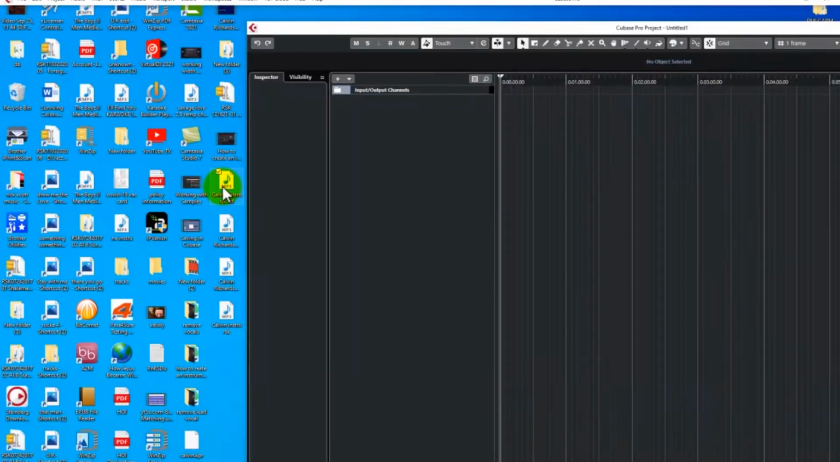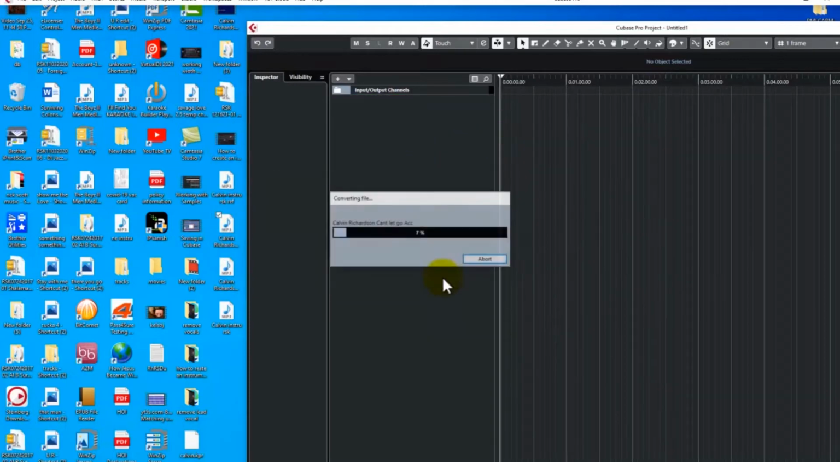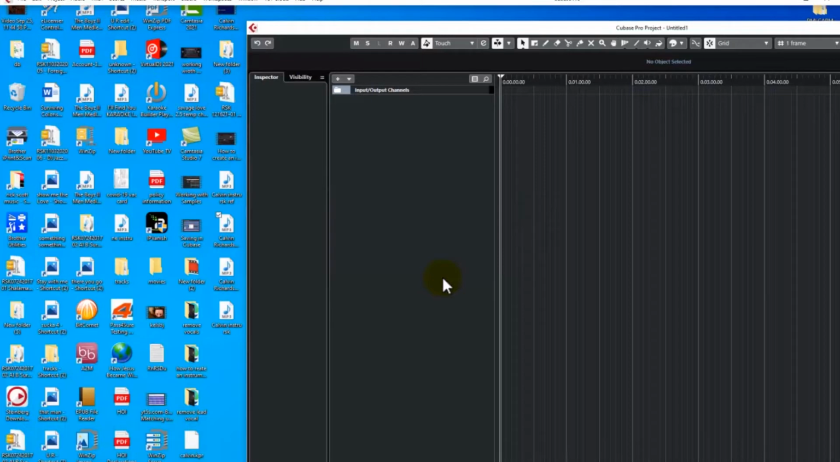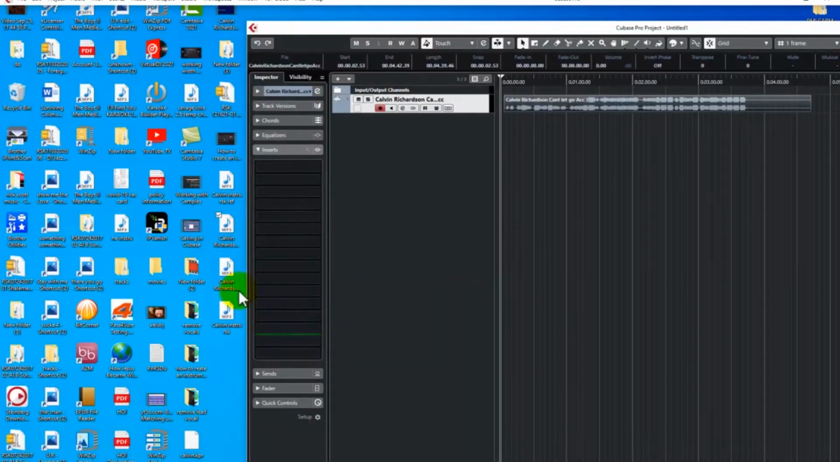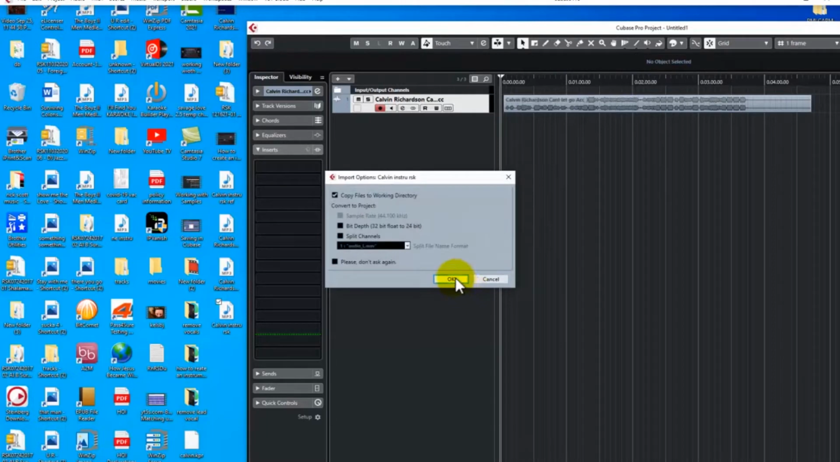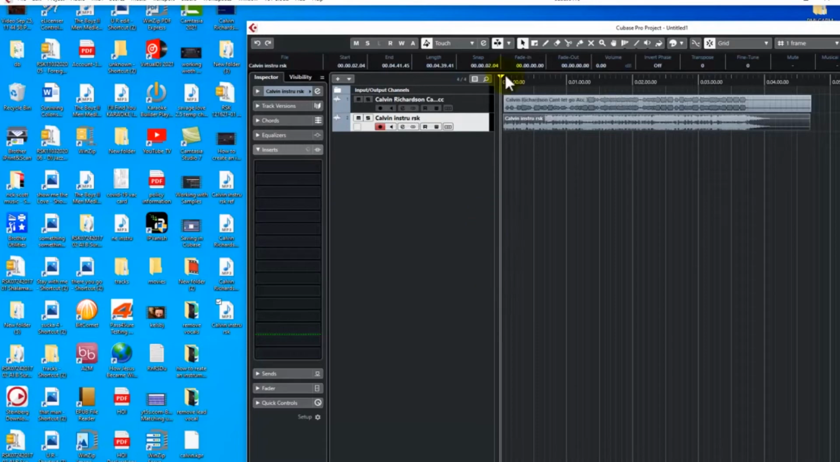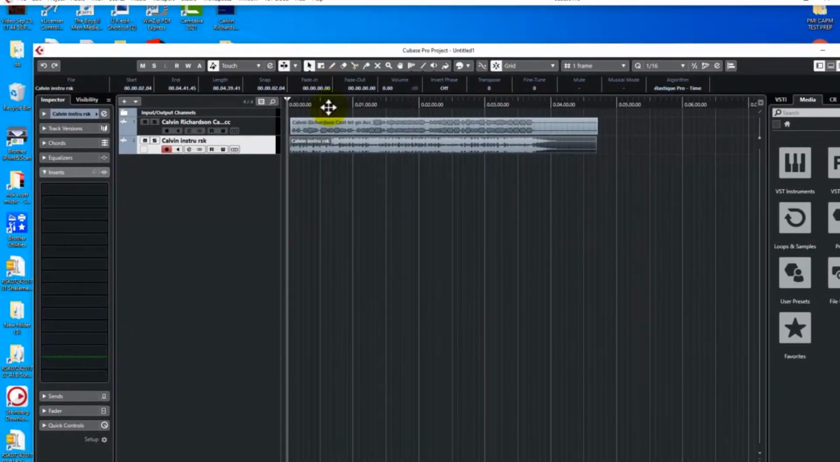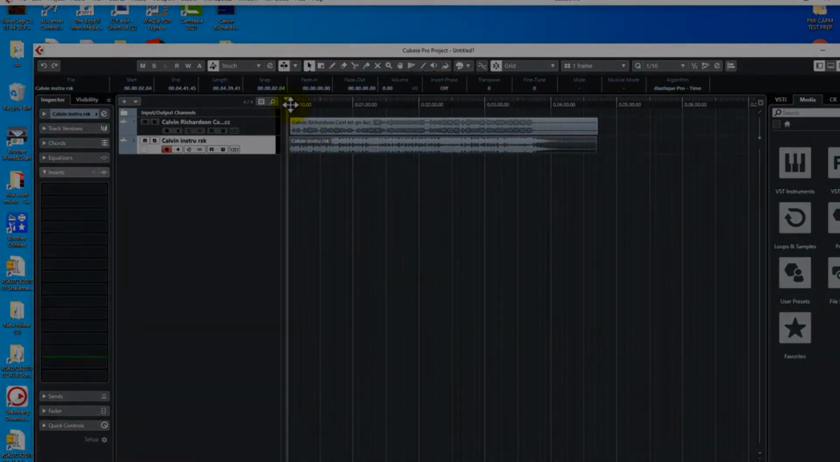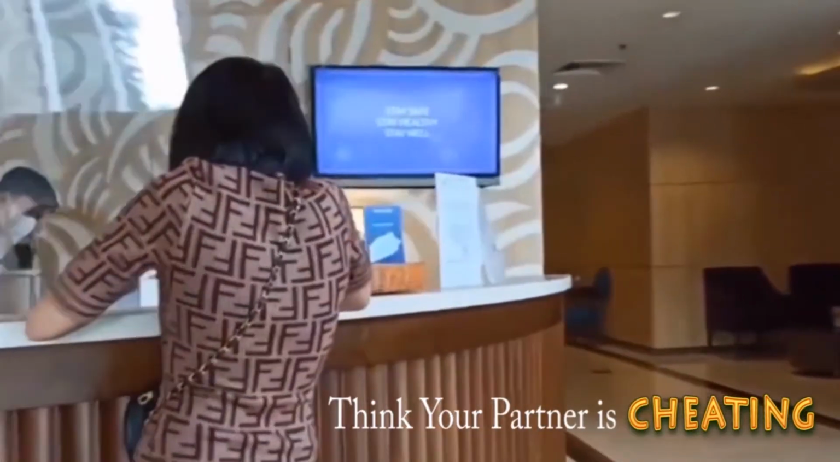Okay. So, in order to do this, let's go back and let's bring up the acapella version. I'm going to drag that into Cubase. Then we're going to drag in the instrumental version of that. And now this is the 2 that we saw on the